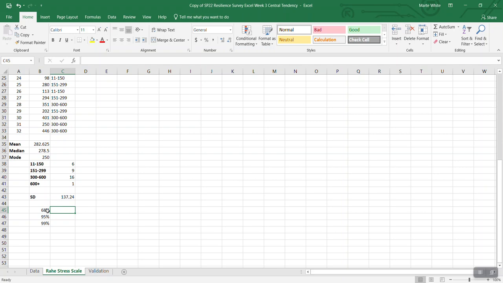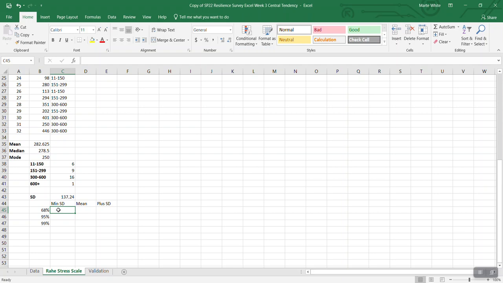Now to calculate how many people fall within the 1 standard deviation range, remember that 1 standard deviation goes up from the mean, or 1 standard deviation goes down. So what is 1 standard deviation below, the mean minus the standard deviation? Then we have the mean, then we have the mean plus the standard deviation. So to calculate